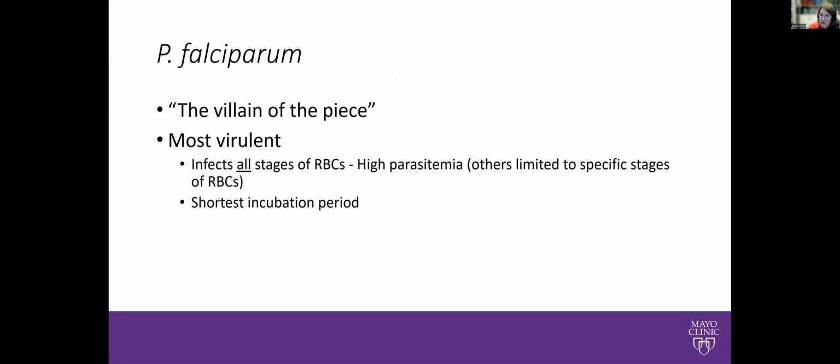It infects all stages of red blood cells, and that allows you to get very high levels of parasitemia. Whereas the other human strains or species that cause malaria are limited to either old red blood cells or young red blood cells. Plasmodium falciparum is non-discriminatory. It infects all, and therefore you get those high levels of parasitemia, which could be very fatal very quickly. It also has the shortest incubation period, so it very quickly turns over and infects more and more red blood cells. Another reason why it's more